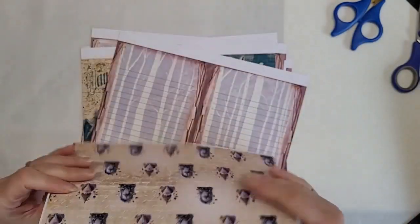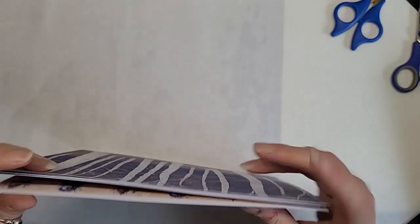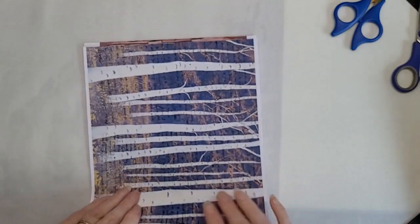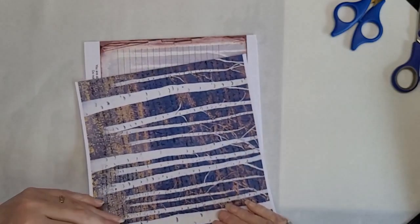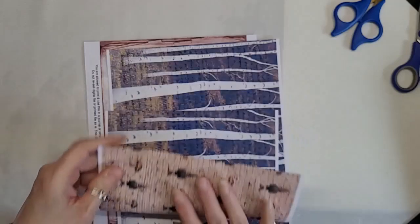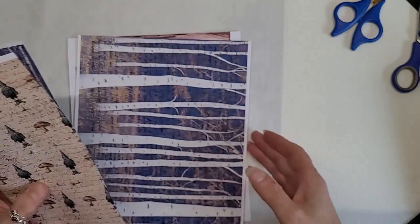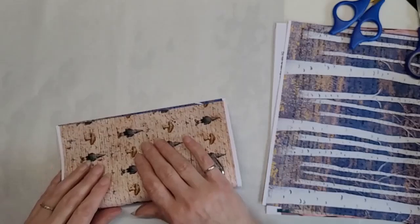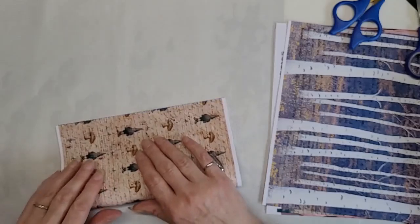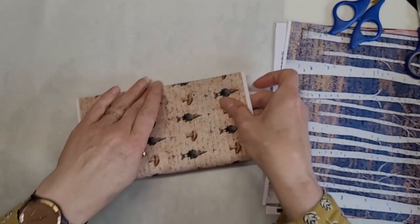So I've trimmed all my pages down, and now what I need to do is fold them all so that the trees are on the inside. So I just want to fold them all in half. It's not a great idea to fold pages on top of other pages because there's a softness there that will end up making your pages maybe not